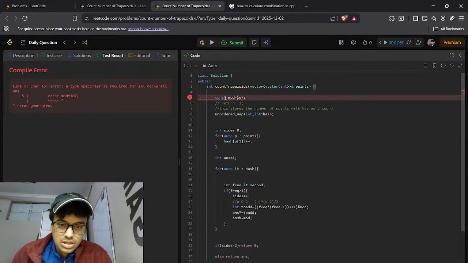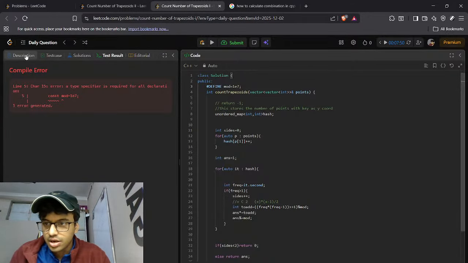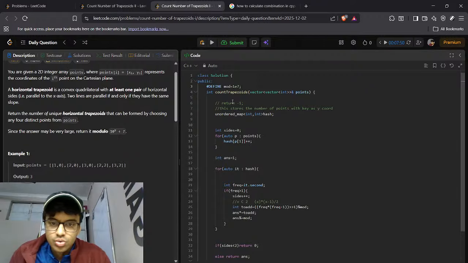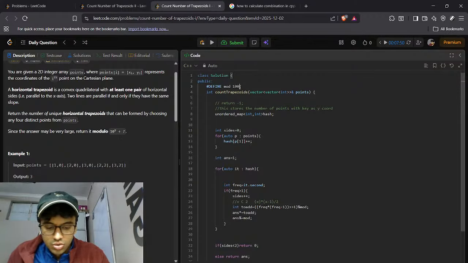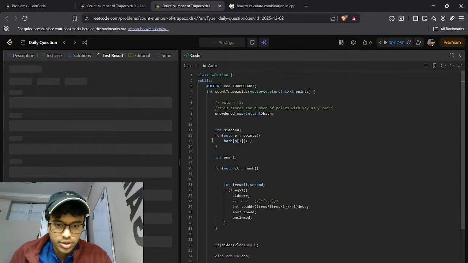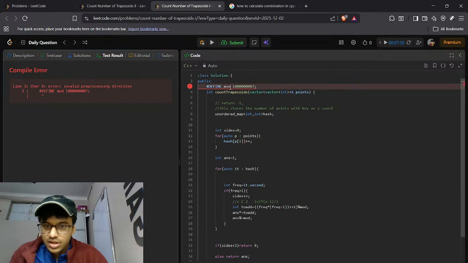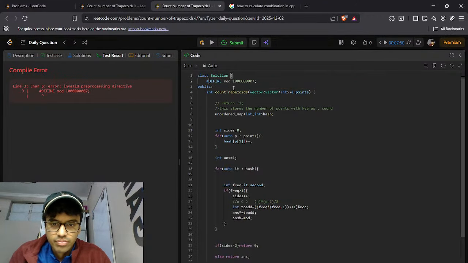Did I just do it? Hashtag define. What is it? 10 raised to 9 plus 7. What the heck, bro? 1 2 3 4 5 6 7 8 9. This should be working. Invalid pre-processing directive. That's how you do it, right? Is it like this? Oh,